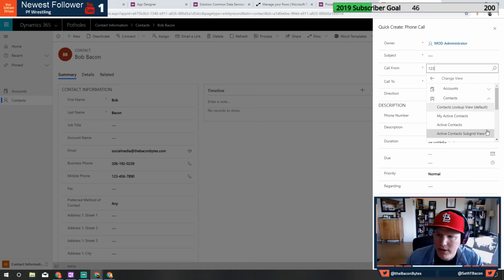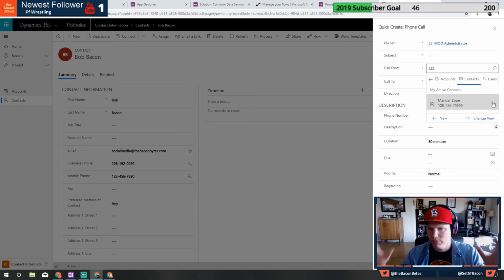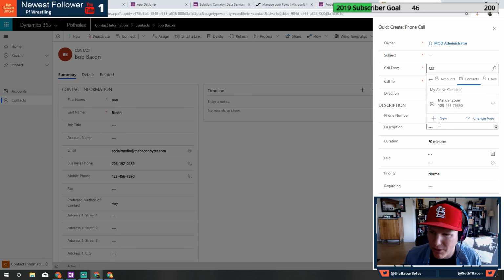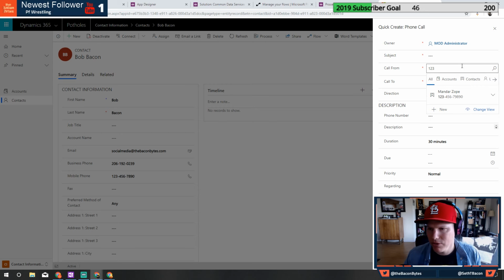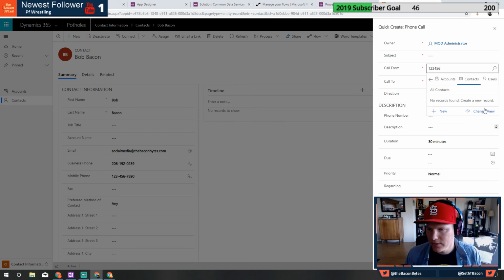But now if we look at the contacts and change the view to be my active contacts, I'm just going to see Mandar because Bob is part of the other crew. And so I'm filtering it down even further. So if we had a lot of contacts, maybe that's helpful, to see, okay, well I have 1, 2, 3, 4, 5, 6. I can see a couple of those. But again, if we look at that and change the view back to all contacts,